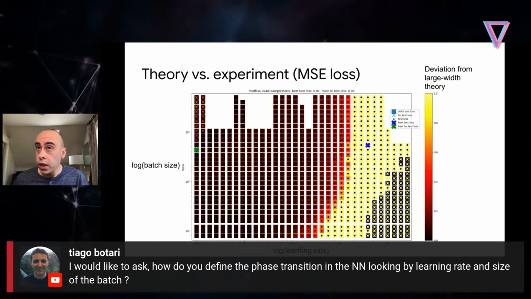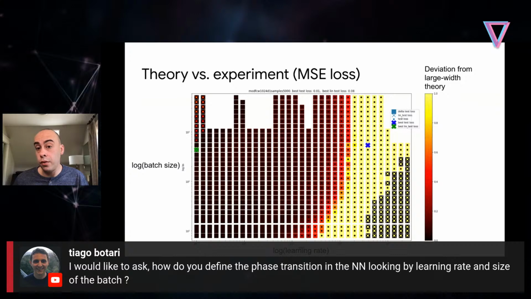This is more complicated, of course, because the theoretical results we've seen are all for full batch gradient descent. I should have mentioned that. In the toy model, we only analyzed full batch gradient descent, so we analyzed this point here at the top, and crossing the line in this direction when the batch size is large. Once you look at smaller batch sizes, you have to account for SGD noise. The equations we looked at were deterministic because it's full batch, so you have to account for the stochasticity of SGD, and it becomes more complicated.